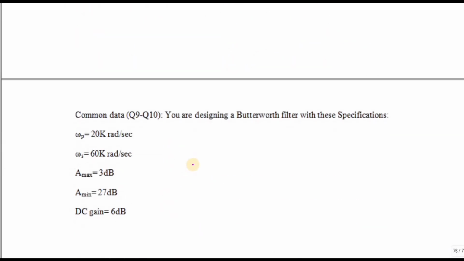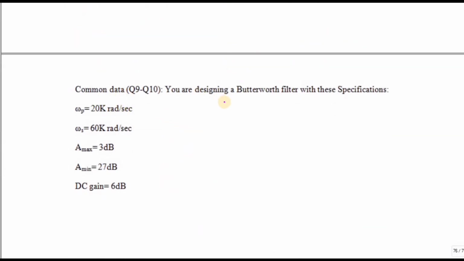Okay. So they are asked to design the Butterworth filter with the following specification, and they are asked to find the value of epsilon. Here A max value is given in dB. So 3 is equal to 10 log of 1 plus epsilon square. This is a formula. So on solving, you will get